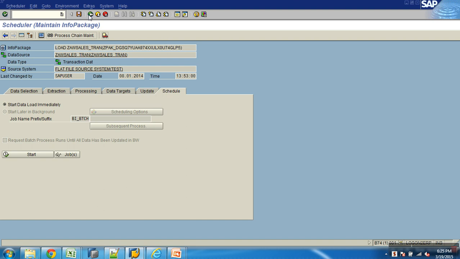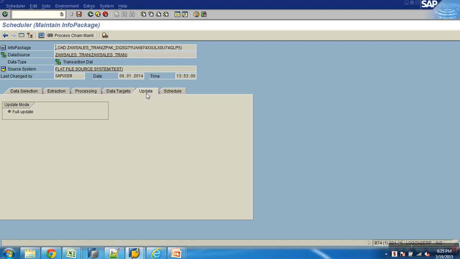Okay. What was it? In the update tab, full update and init are both the same. Logically both are the same. The only difference is that full will extract the data but does not enable you to run delta at all. Initially you get to see only full, and then full and init. If you do init, it extracts the same as full, but enables you to run delta after that. But full doesn't do that. Full is always full. Okay.